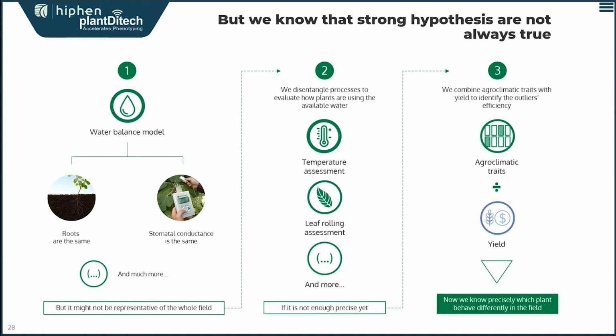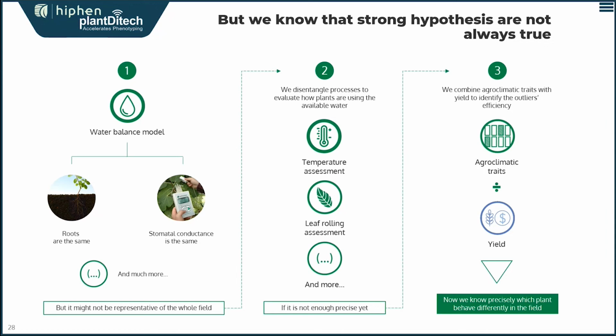So leaf rolling is also another trait that is instantaneous, which is about limiting the F cover, so limiting the surface of transpiration in order to use less water and to be able to increase survivability. There are many other processes we could think about, typically fluorescence or other processes, which we don't yet measure, but we're working hard on. And then the first step is to say, okay, now that I have those agroclimatic traits,